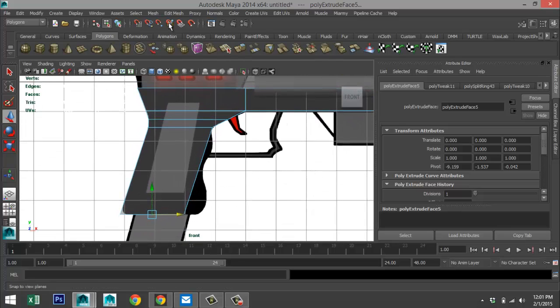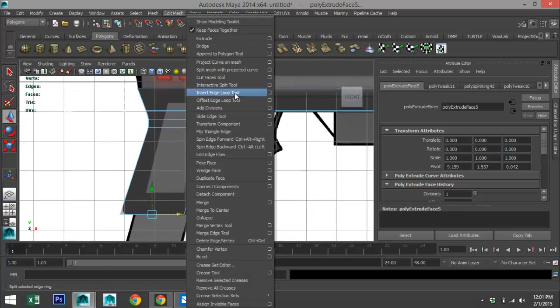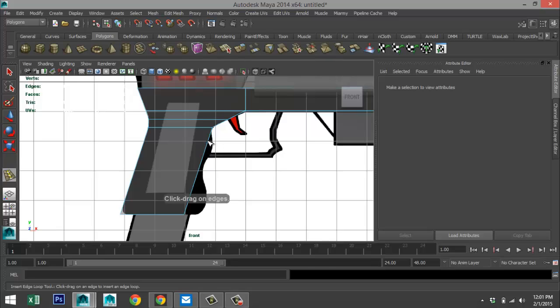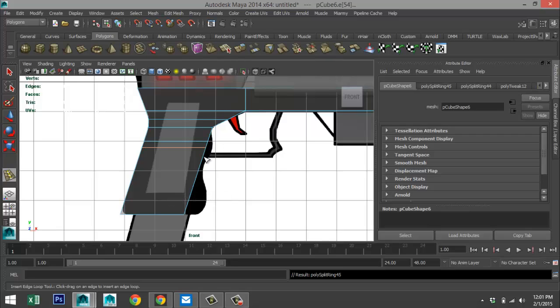And let's add some edge loops, edit mesh, insert edge loop. We'll do 1, 2, 3, 1 there, 1, 2, 3, 4. Hit Q on your keyboard, vertex, take these three and start to move them out.